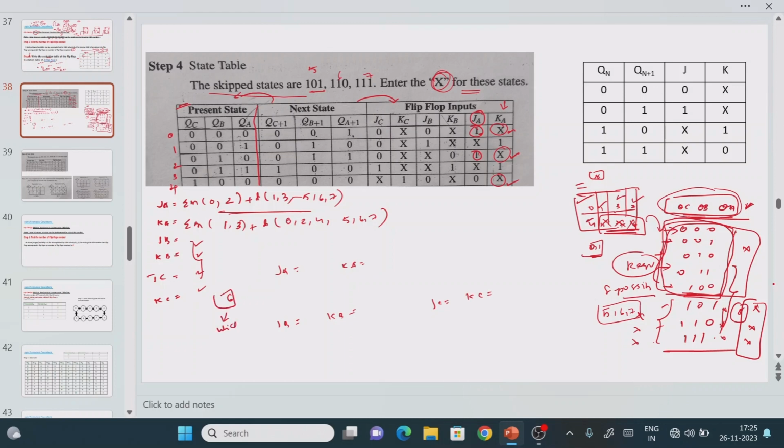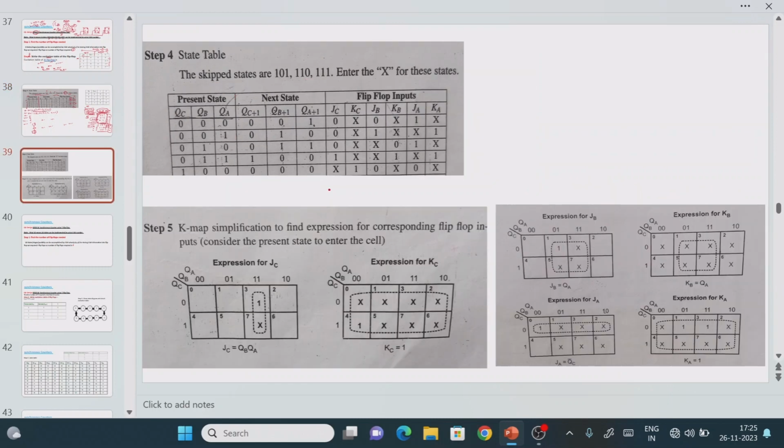Which variable K-map is required? A 3 variable K-map is required. Why? Because here we have 3 input values, and 3 inputs means we require a 3 variable K-map. So what is the first one? 0 to 1, 3, 5, 6, 7, right? In the next slide I have shown how to find the K-map. After finding the minterm values, this is what we got, right? So this is for JA, right? So JA equals 1, 3, 5, 6, 7, right? See that for each and every K-map, 5, 6, 7 are always don't care. Why?